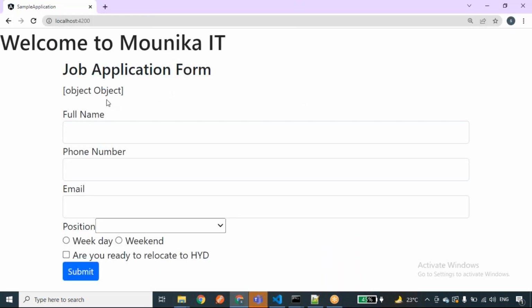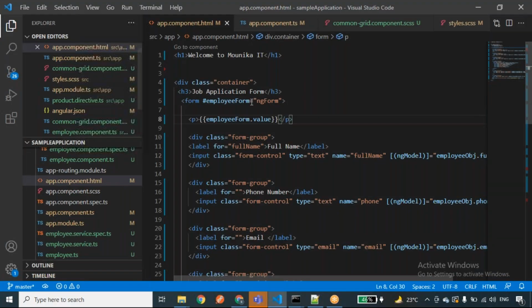Inside the form we have so many controls, that's why it is represented as an object. If you want to read this object in a proper manner, I'll use the JSON pipe. We have a concept called pipes.